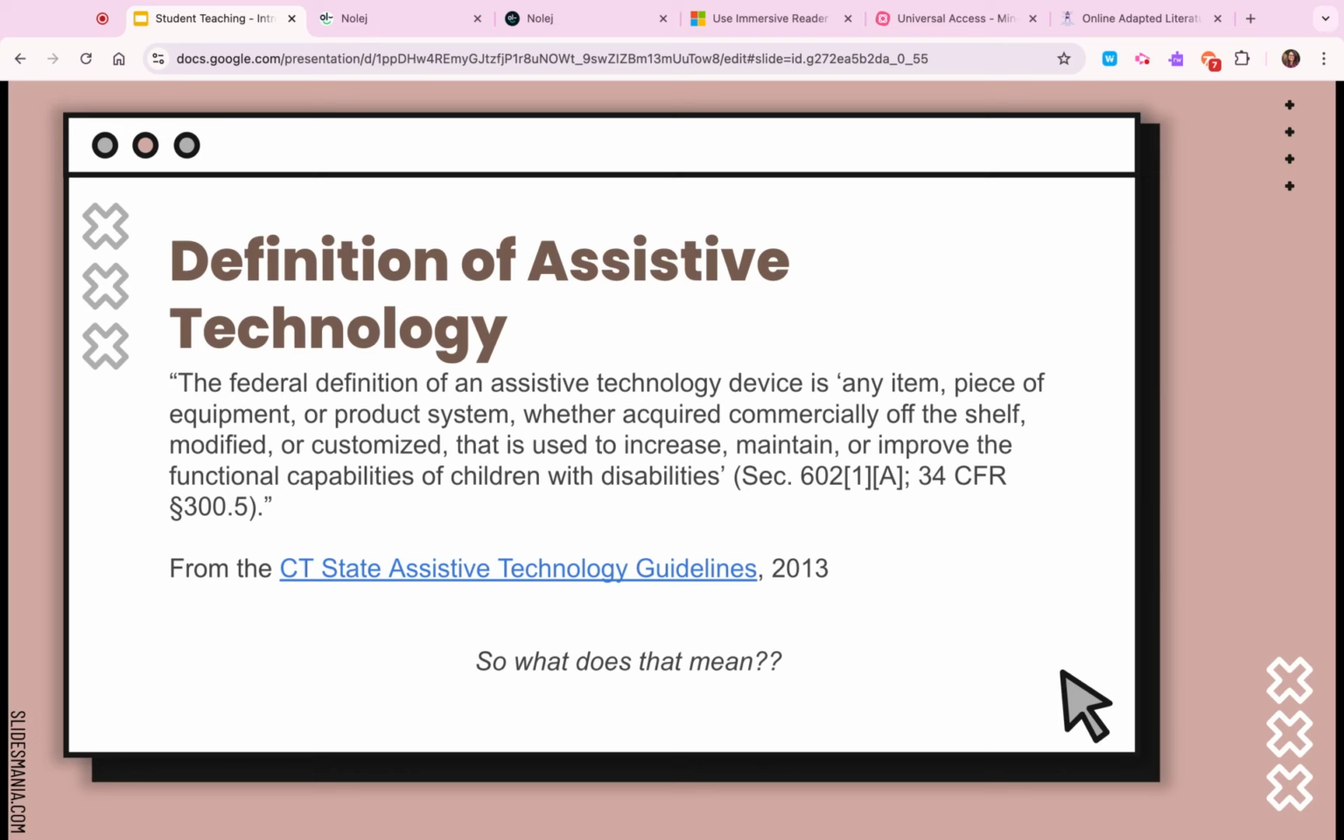And you'll also notice here that it doesn't require an evaluation. So really anyone can try assistive technology with the student, and it's considered assistive technology as long as it increases, maintains, or improves the functional capabilities. And that phrase is my mantra, really. So always think about how can we support student